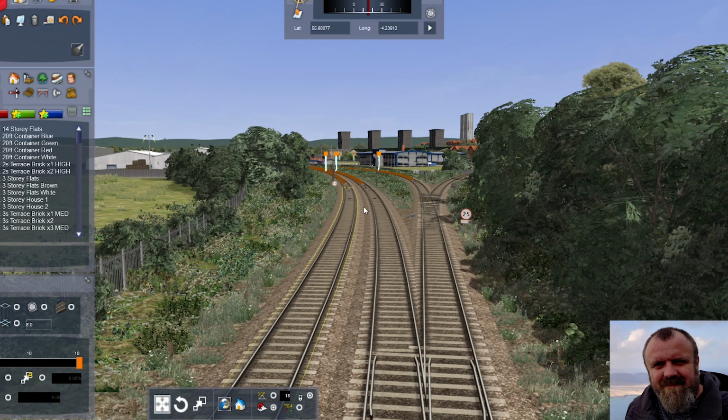Over the course of the time, I've been developing it using Google Maps primarily, coupled with gradient profiles. I've got the gradient profiles from various places. I even had to apply to the council for them once at one point. Most of them are online, and there's a few reference books I've been using as well.